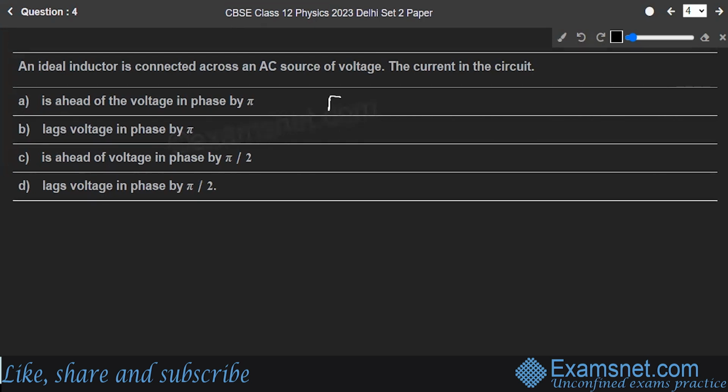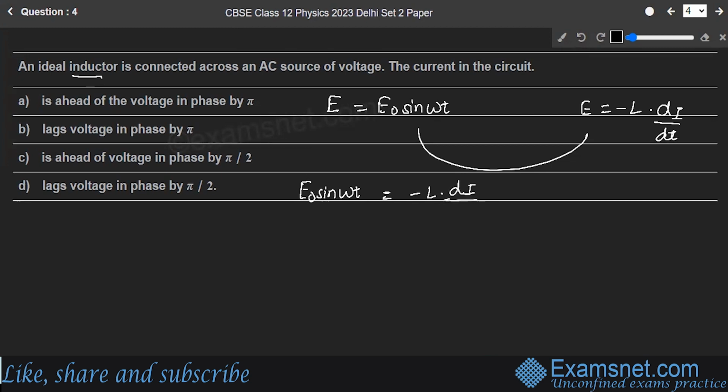See, you know one thing, that E is equal to E naught sine omega t, and also this is equal to minus L, this is the real inductor, so minus L into di, that is change in current with respect to time. So from both equations, you have E naught sine omega t is equal to minus L di upon dt. So you have di upon dt is equal to